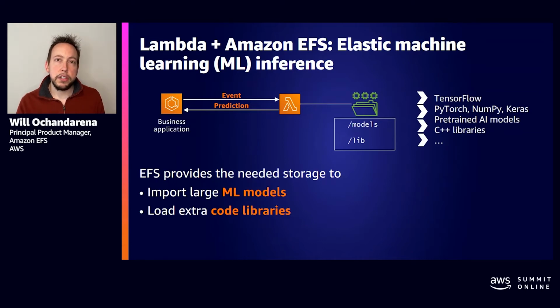And a challenge that customers have had in using Lambda for inference is in cases where the model file is larger than 512 megabytes, or library files are larger than 512 megabytes, or the data that you need to do the inference based on is large. There wasn't enough space in the Lambda functions already. Now with Amazon EFS, basically what you can do is attach unlimited storage to your Lambda functions and be able to run any sort of inference application with Lambda.